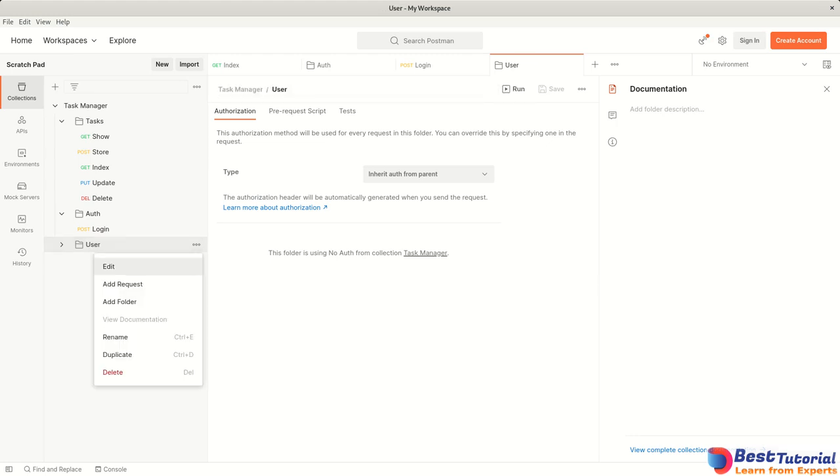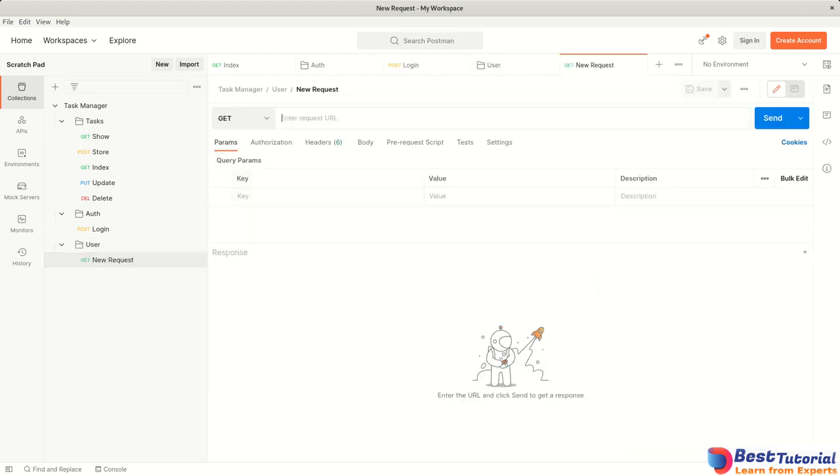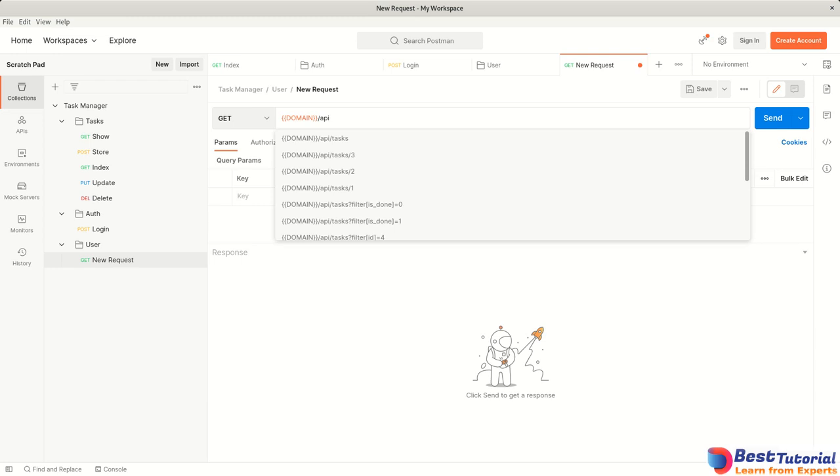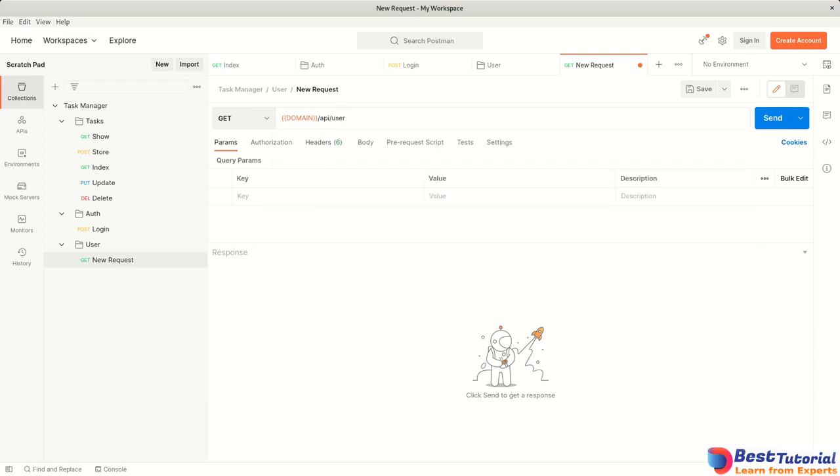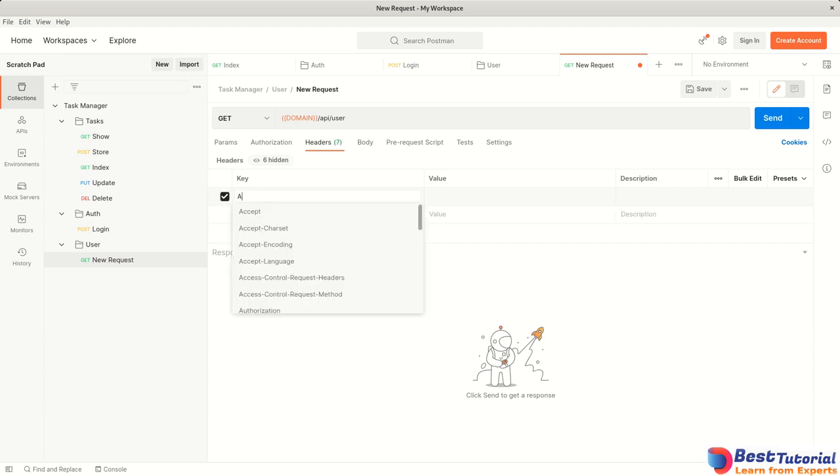And in here, add a request, which is a GET request. And that is to API/user. And in the headers, what we need first is once again the accept key, application JSON,